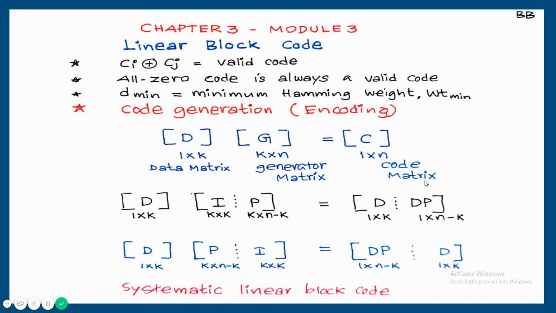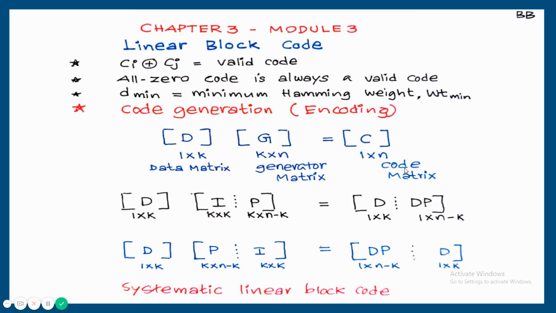So once the generator matrix is always in I, P format or P, I format, we are able to say we are generating a systematic linear block code. If it is I, P format, the first portion is the identity matrix and the second portion is known as the P matrix. The reason P is written is that this portion is going to generate parity bits. So if the format is I, P or P, I, the code is always systematic. For an I, P format, the leftmost k bits are data bits and the rightmost n minus k bits are parity bits. For a P, I format, the leftmost n minus k bits are parity bits and the rightmost k bits are data bits.